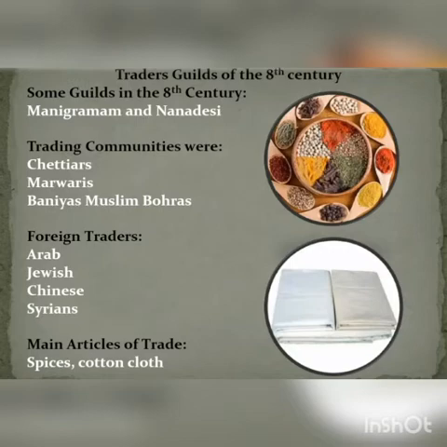The Indian traders had organized themselves into guilds to protect their rights. In South India, some such guilds, as Nana Desi and Manigramam, acquired great name and fame. They traded extensively within the country and also with Southeast Asia and China. There were also some communities like the Marwari Oswals, the Hindumanias, and Muslim Bohras who traded extensively with the ports of the Red Sea, Persian Gulf, East Africa, Southeast Asia, and China.